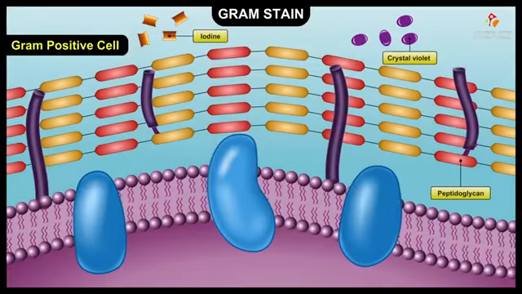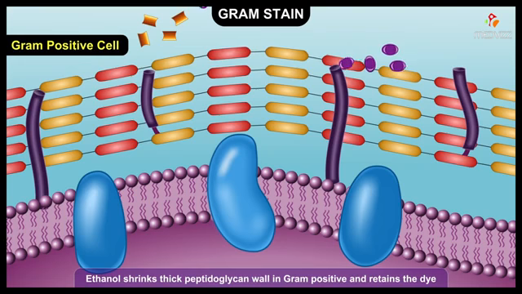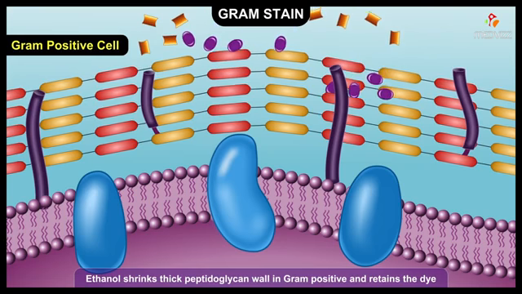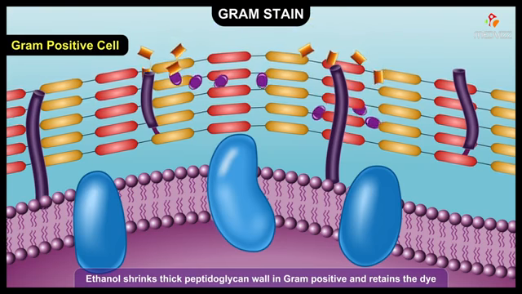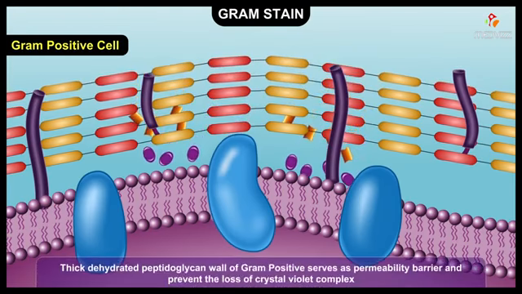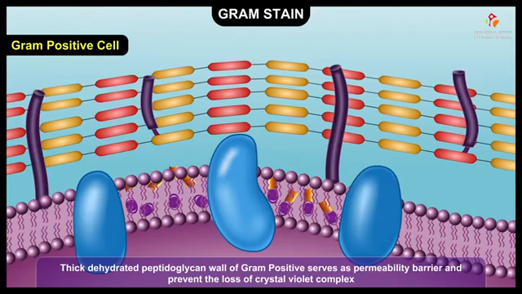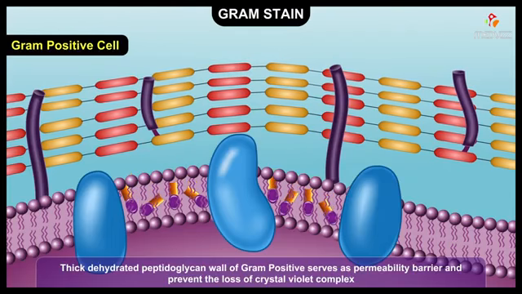Generally, the gram stain correlates with the cell wall structure among the bacteria. The ethanol is thought to shrink the thick peptidoglycan in gram-positive cells, thus retaining the dye. The thick, dehydrated peptidoglycan layer of gram-positive bacteria appears to be a permeability barrier, preventing the loss of the crystal